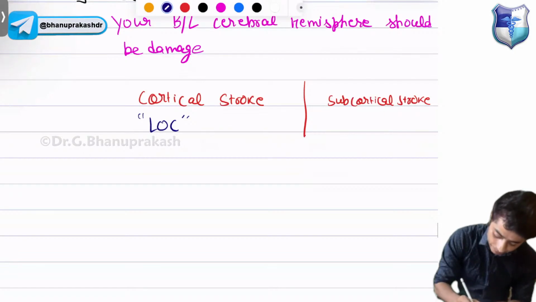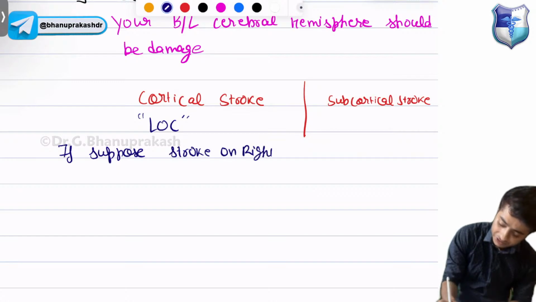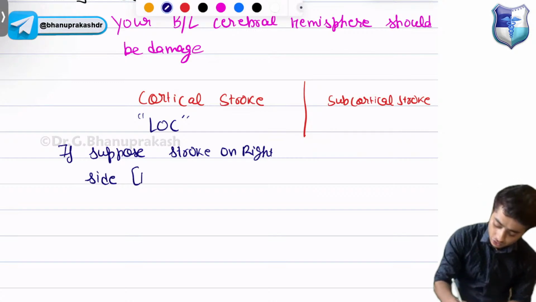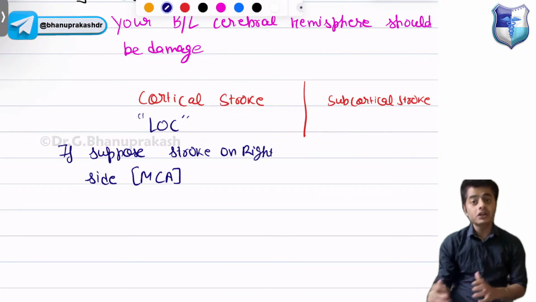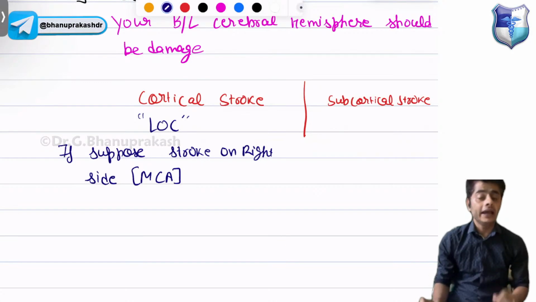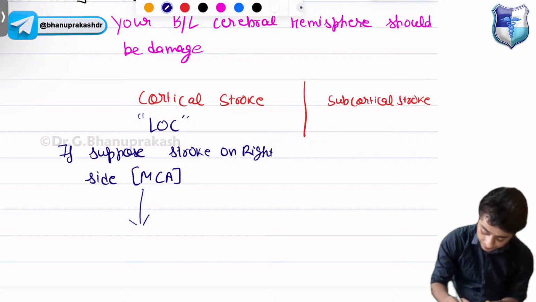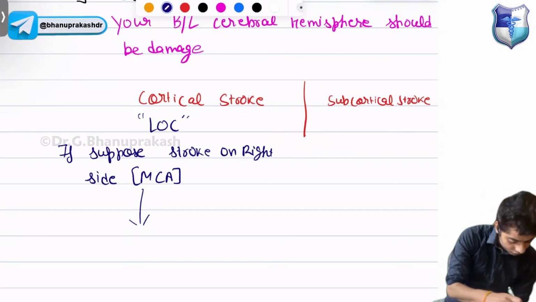But suppose there is a stroke on the right side only, and that is also of a big artery. Suppose a middle cerebral artery stroke is there. So can this unilateral stroke produce loss of consciousness? No, it can't produce loss of consciousness. It can only produce loss of consciousness when there is